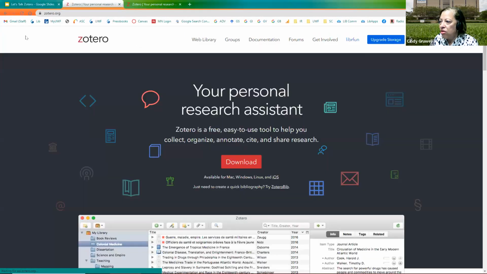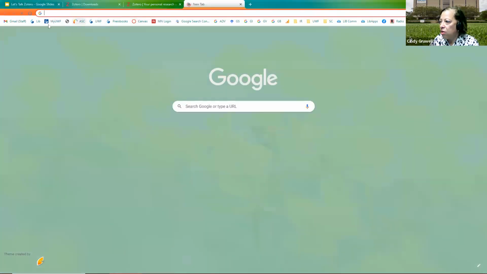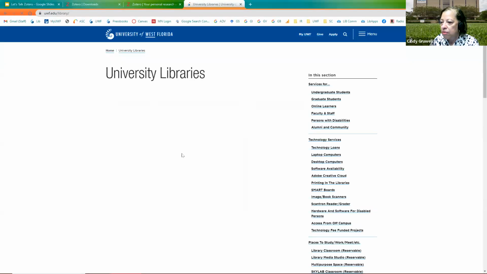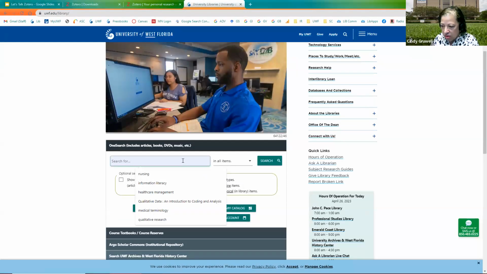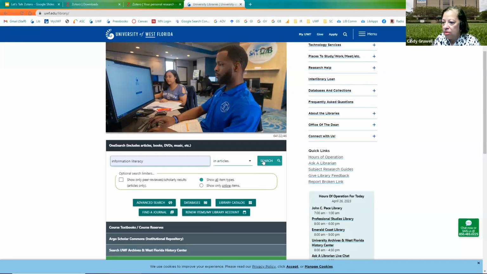So if you go back to Zotero on the front home page where you could download Zotero 6 for Windows, you can see the Zotero connector. So what does this do? This links Zotero to your Google Docs information such that you can look for articles and pull that directly into Zotero. So for instance, if I go to the library's homepage and I do a quick search on information literacy for articles,